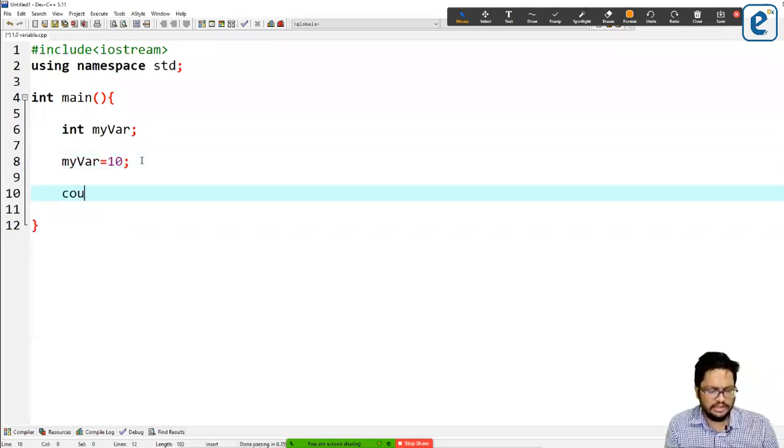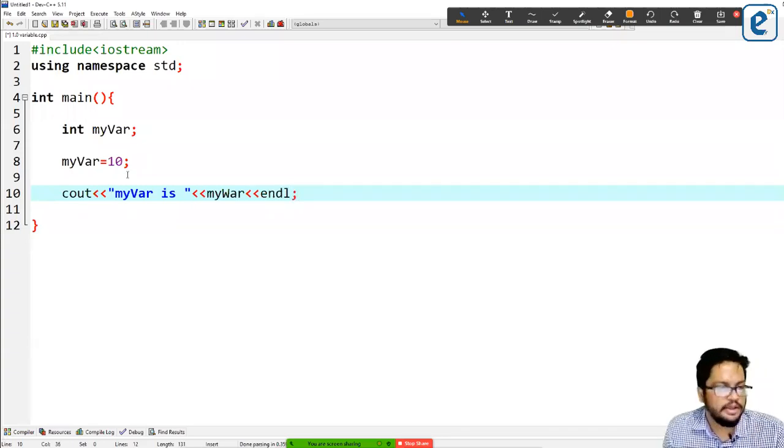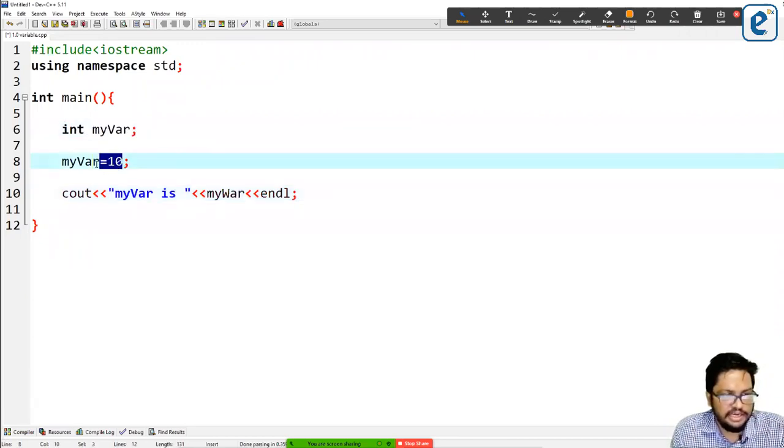So I can print myvar is. Right, so we just create an integer type variable and we assign 10 here.